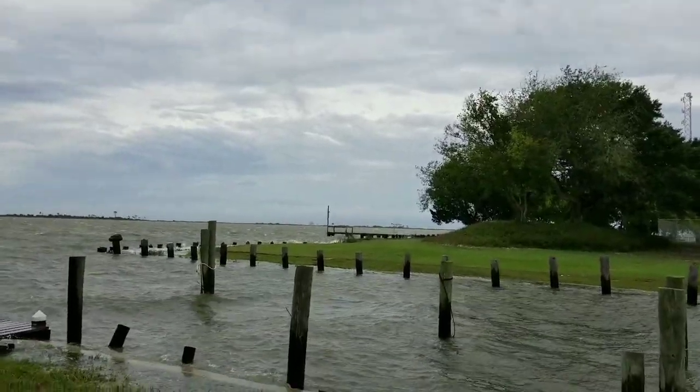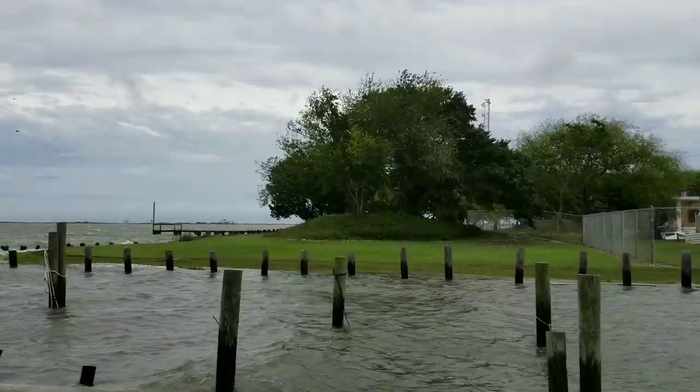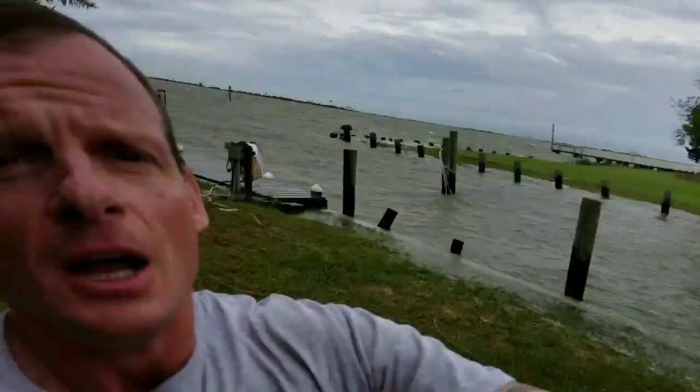This is going to be an absolutely ridiculously powerful storm. Panama City will be changed. If you've ever been to Panama City, it will change after this storm. So I have Carla back out, just so you know. I passed the camera back to Carla, so